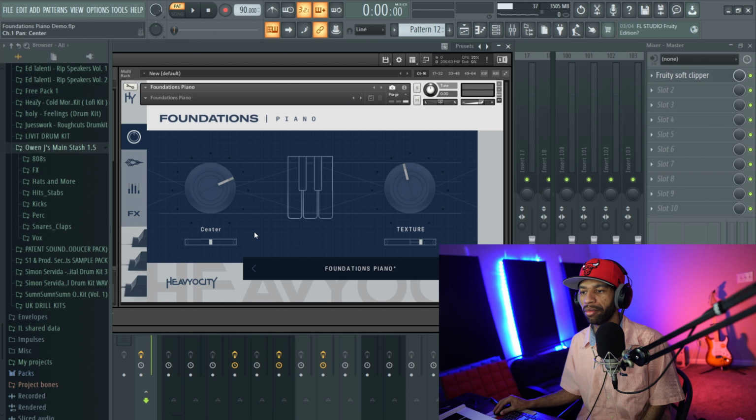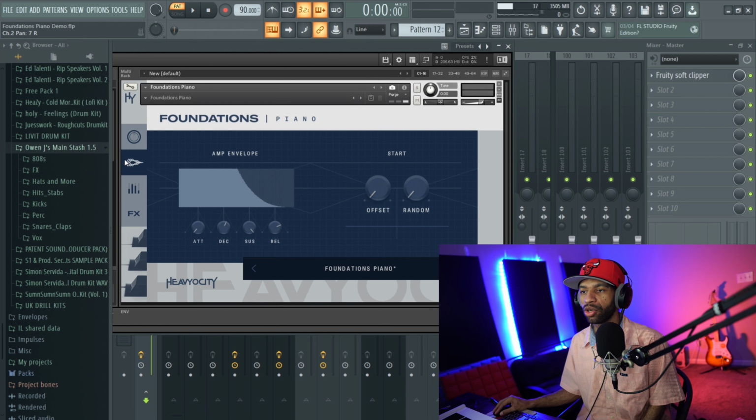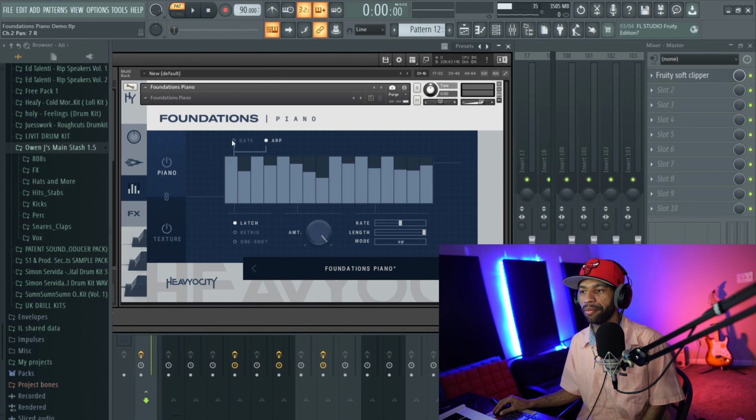And let's go ahead and mess with some of these effects real quick. So as you get over here into the effects, you have a gate and you have an arpeggiator. With this, whichever one you click on is going to be the one that it's controlling. So let's say we turn this ARP on. I would have to turn it on in order to make it work. So once you turn it on,